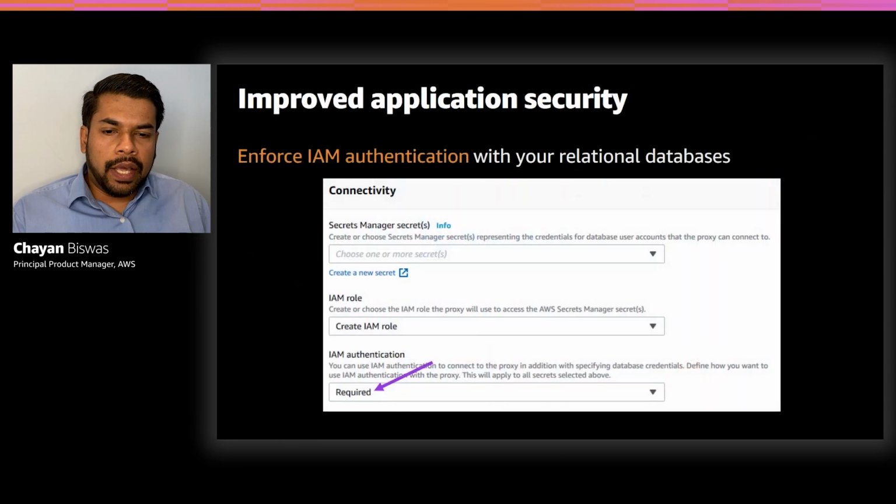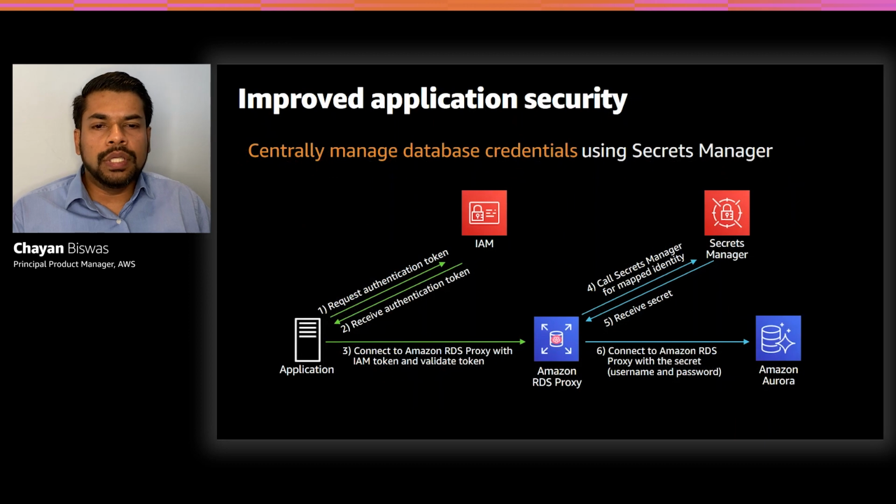So just quickly highlighting where you can enforce this on the console. As you can see here, there's an option to make IAM authentication required. Just a quick flow of how it looks in the code. You request an authentication token. Instead of your password, you get a token. Once you get this token, you use this token instead of the password to connect to RDS proxy. And beyond that, the process, as I described, RDS proxy will retrieve secrets from Secrets Manager and connect to the